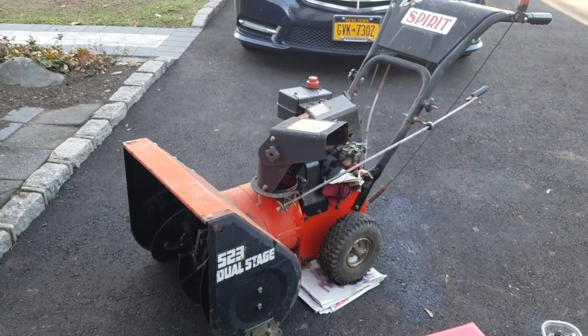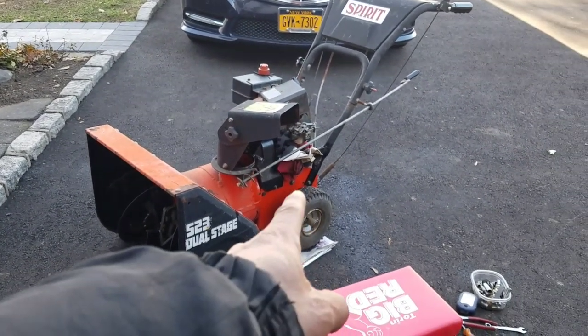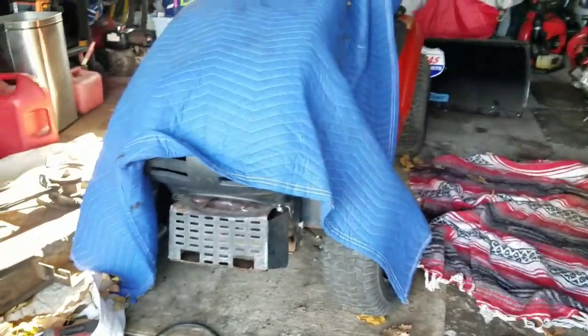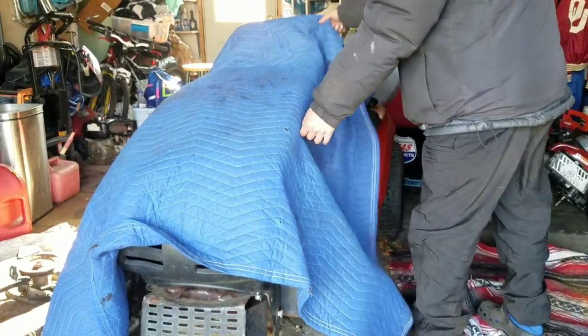I just wanted to see if this thing runs. And it does. And as suspected, it does leak a little bit of gas. A few drips, not really too bad. But I'm going to have to do something about this. Why? Because